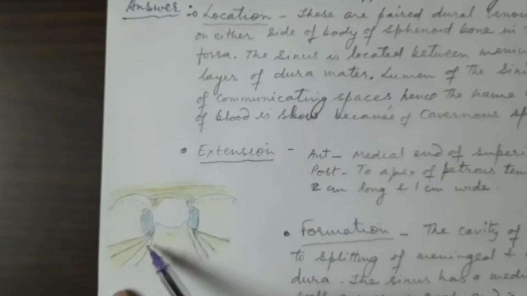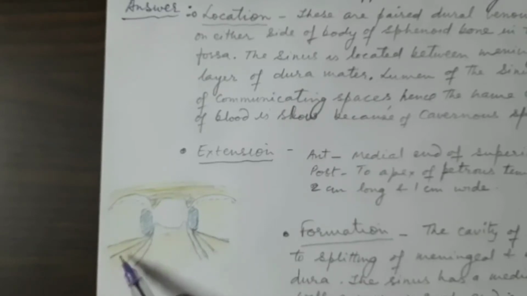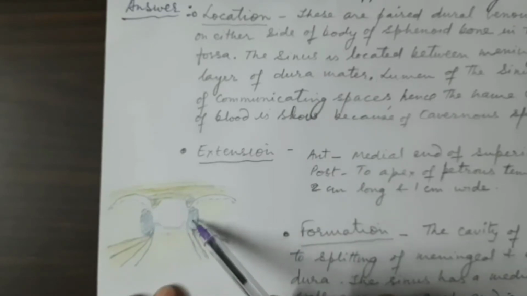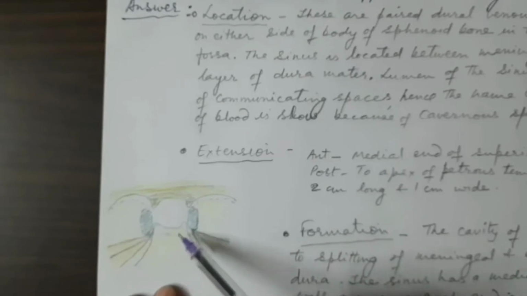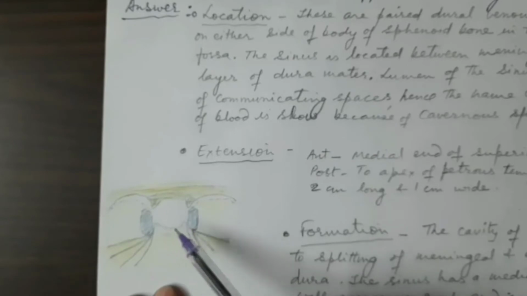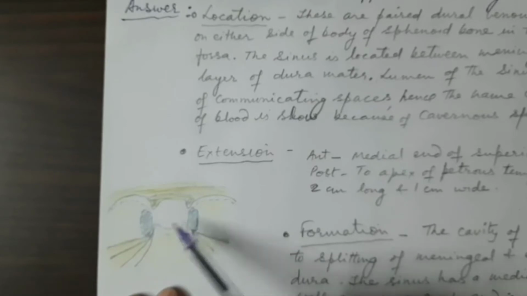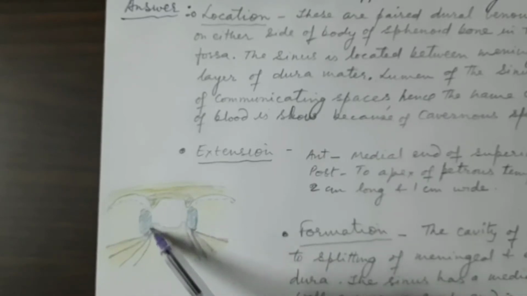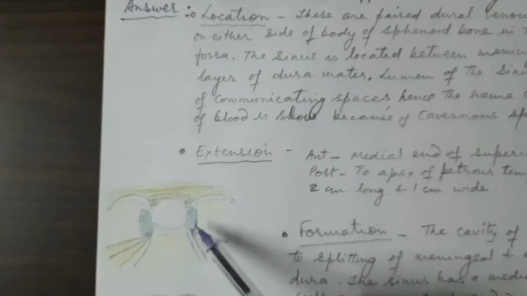in which the pituitary gland lies. And then here is the apex of the petrous temporal bone, with its anterior, superior, and posterior borders. So the cavernous sinus extends on either side of the body of the sphenoid. This area is the body. This is the lesser wing and this is the greater wing of the sphenoid coming out from the body, where the pituitary fossa is located superiorly. On either side of the body of the sphenoid, the areas in blue are the site of the cavernous sinus. Now you have got the location of the cavernous sinus.